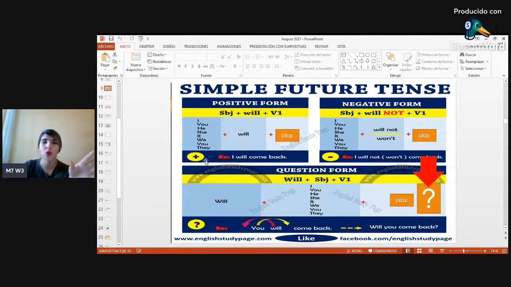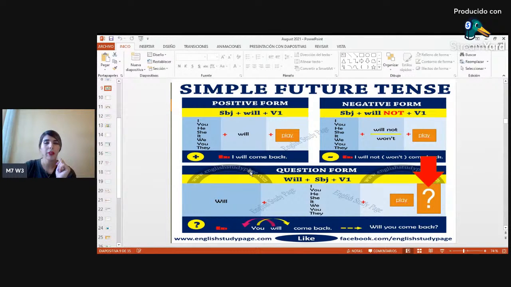No hay regla estructural o algo que se deba de cambiar, solo puedo utilizar will. Cuando yo pongo will, intercambio el significado y lo transformo al futuro. Es decir, en lugar de que diga yo juego, I play, digo I will play. Ya con eso estoy diciendo yo jugaré. Si quiero decir que no lo haré, lo único que hago es que al will le agrego el not. We can use the contracted form. También podemos utilizar una forma contraída, como I will not play. Yo no jugaré. O puedo decir I won't play, que es más usual.